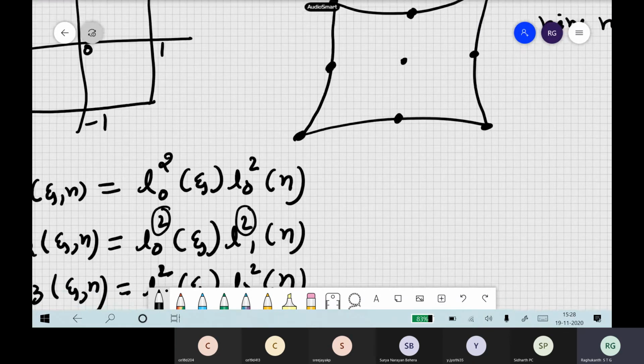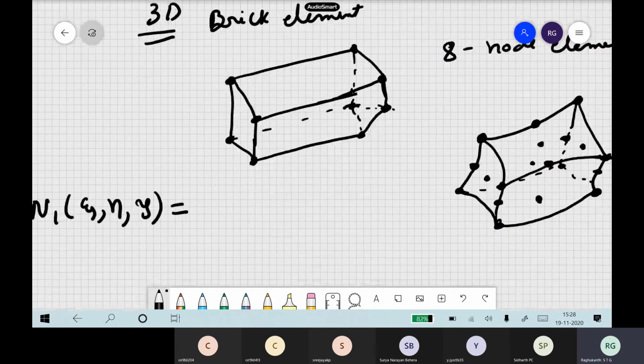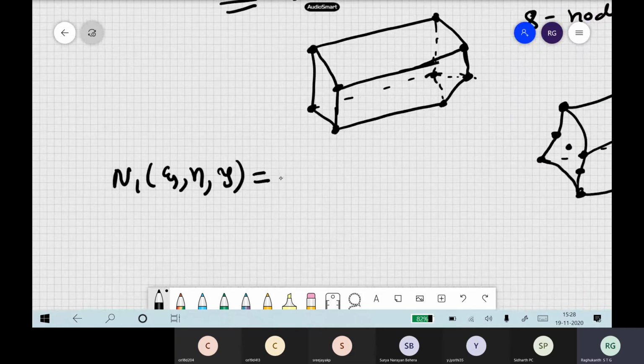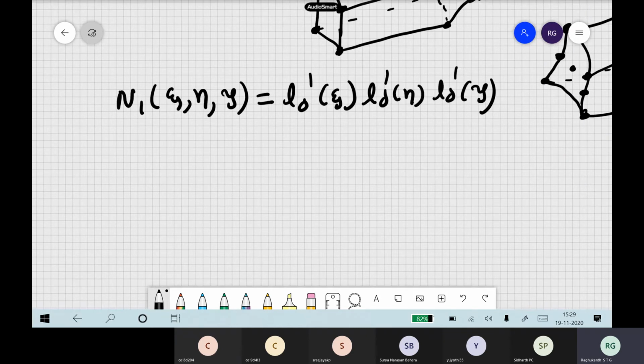Okay, suppose you are increasing the number of nodes, then you have to do, you followed it, the second order will come into picture. So more number of nodes. So now the shape functions will be, we will not write all of them, but you can try. Psi, then L naught 1 of eta, then L naught 1 of xi itself. Now you go for all other combinations like n2.